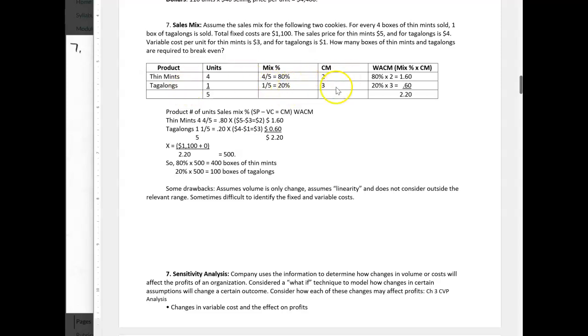Here are our contribution margins, 2 and 3. So 80% times 2 gives me $1.60 in weighted average CM, and for Tagalongs, 20% times 3 is 60 cents. So the weighted average contribution margin for the whole bundle of cookies is $2.20. That's what we assume would be constant. So now, instead of 2 contribution margins, we've got 1 weighted average contribution margin, and this is what we'll use to calculate our